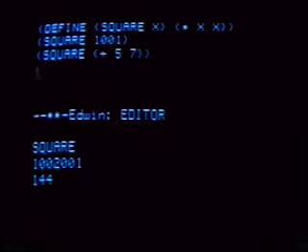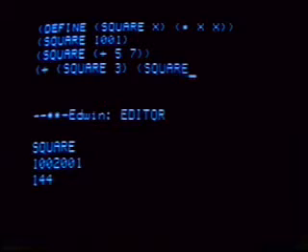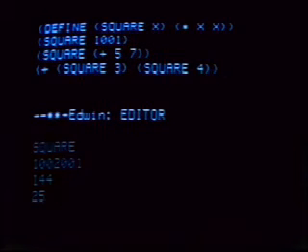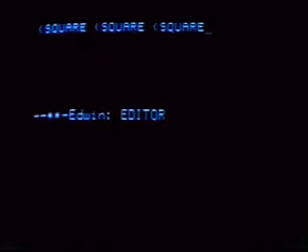Or I can use square itself as an element in some combination. I can say, what's the sum of the square of 3 and the square of 4? 9 and 16 is 25. Or I can use square as an element in some much more complicated thing. I can say, what's the square of the square of the square of 1001?